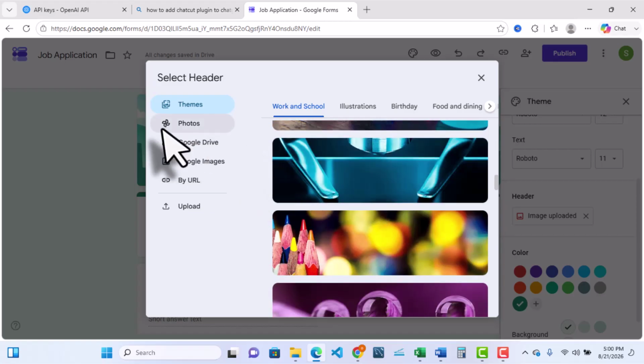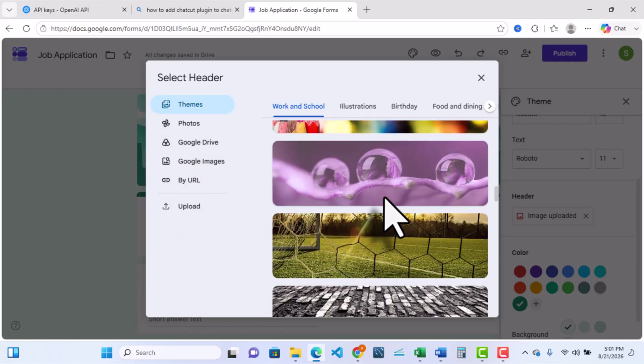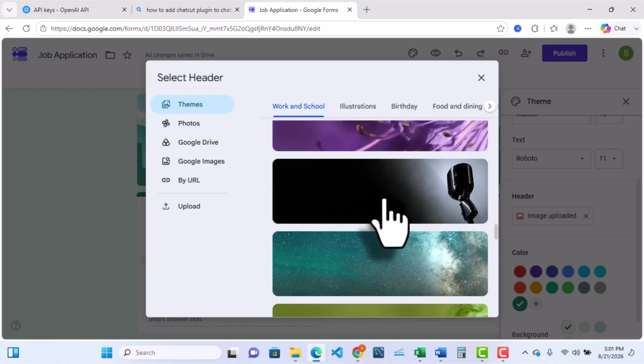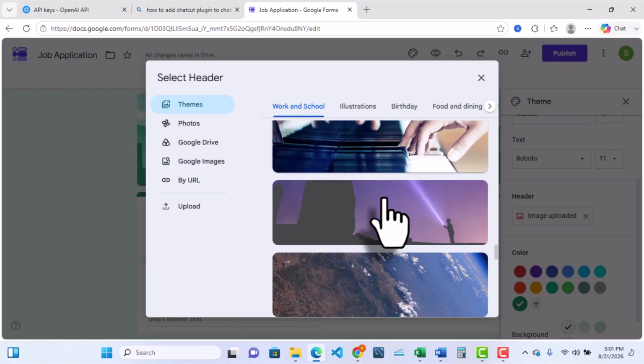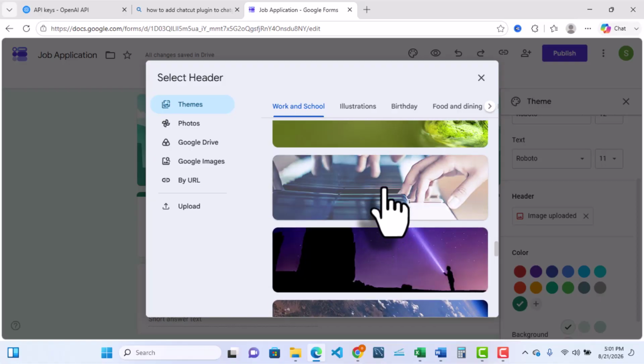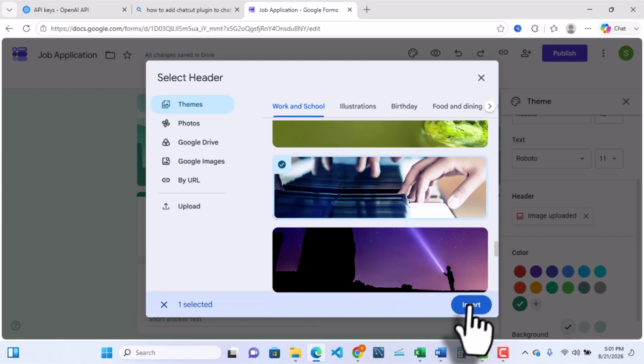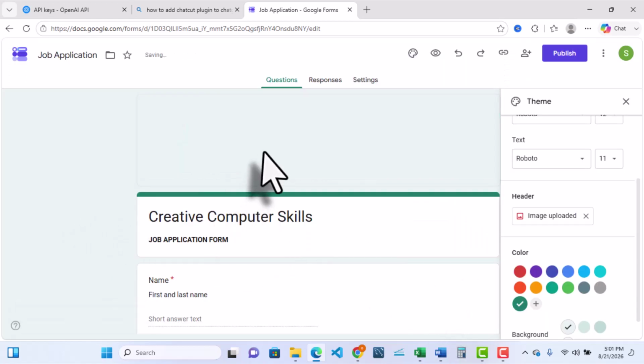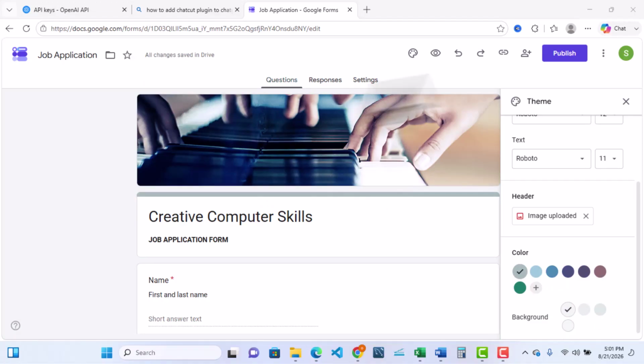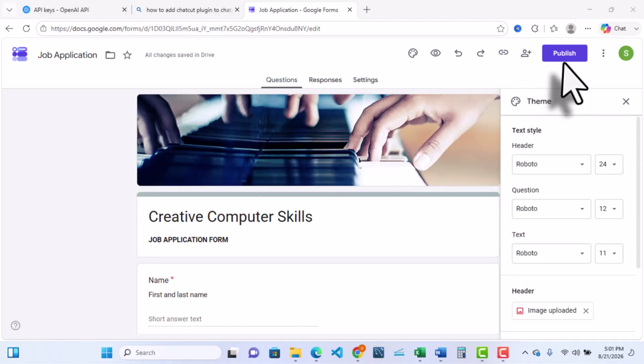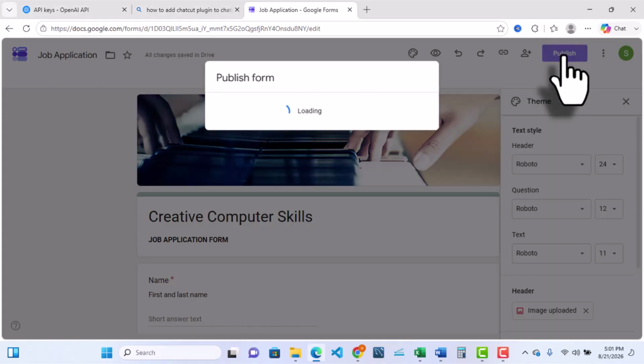If you wish to upload your own image, you can just select your photo either from Google Drive, Google Image, or by URL, or you can just upload it by yourself. And so that is just simply the way you can go about with all of that. Now let's say we have this particular one, add it, insert it. You can see it will replace this particular one that we have. So by the time you are done, you can just simply click on publish, and then this will be published